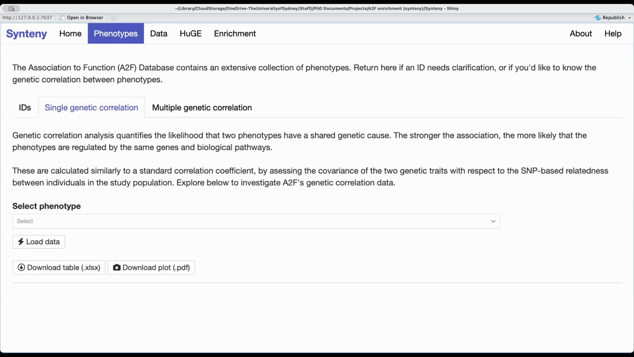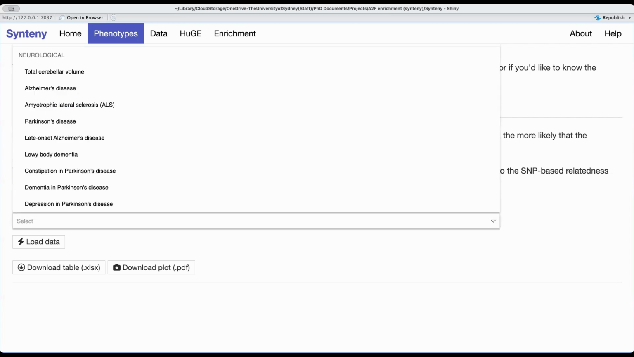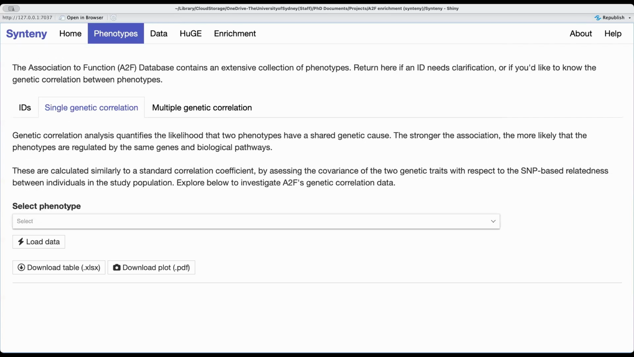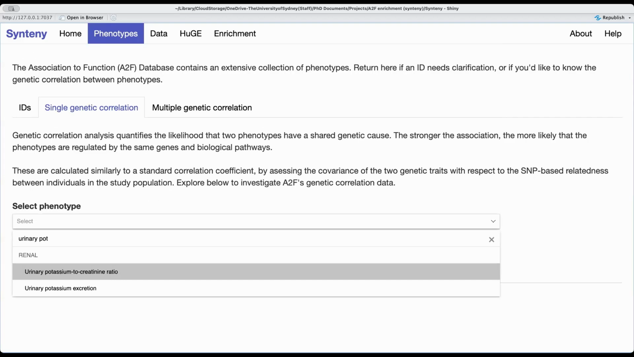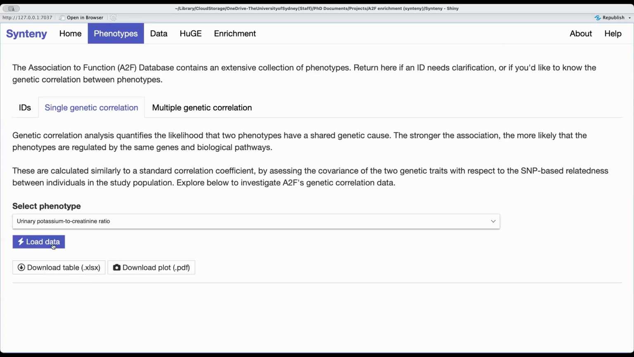The reason for using this is that often you will identify phenotypes that you haven't seen before. The urinary potassium creatinine ratio is a good one of those. To help you understand how those relate to other aspects of physiology, genetic correlations can be very helpful. The genetic correlations tell you what is the extent of shared genetic cause for each trait with every other trait in the database. So if we just search for that trait now, and then we load the data,